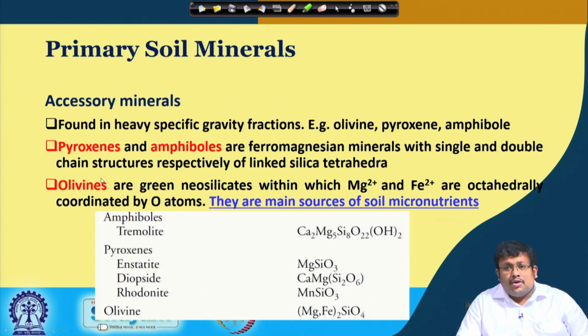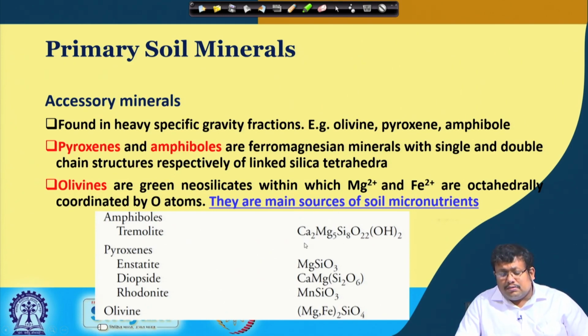Now, olivine, as you know, is a nesosilicate. It is a green nesosilicate within which the magnesium and iron, since they are ferromagnesian minerals, are octahedrally coordinated by oxygen atoms. And remember one important fact, that these ferromagnesian minerals are the major source of magnesium and iron in the soils, and remember these magnesium and iron are major micronutrients for plant growth. Some examples are given here, like tremolite, an amphibole which has this formula,